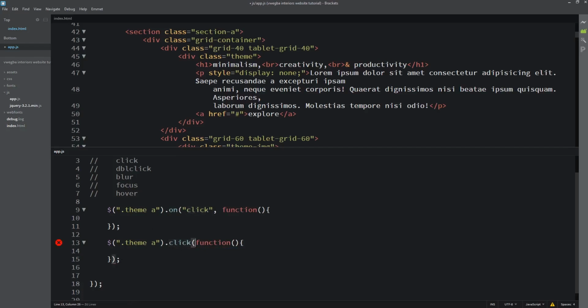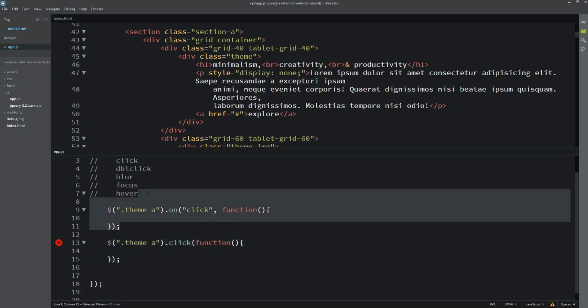Inside this function bracket, we write our code. From now on, I'm going to use this style and not the previous one, because it makes our code shorter, and you can see they achieve the same thing.